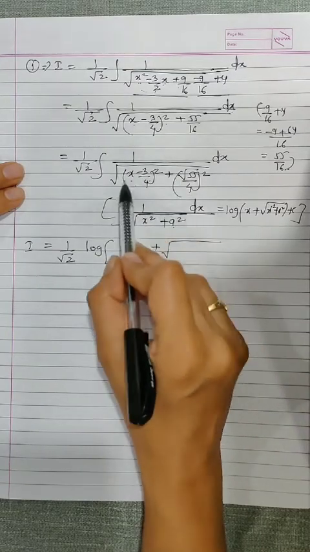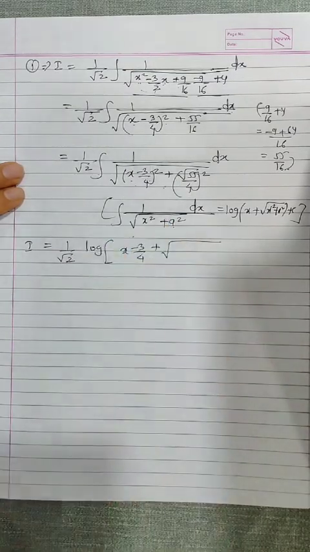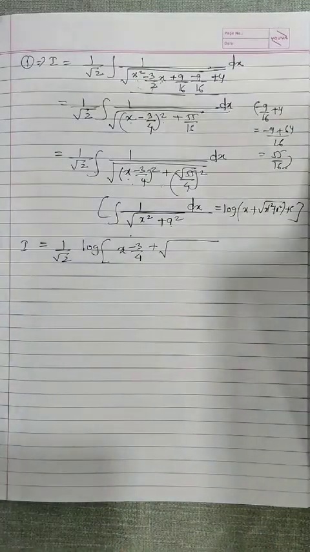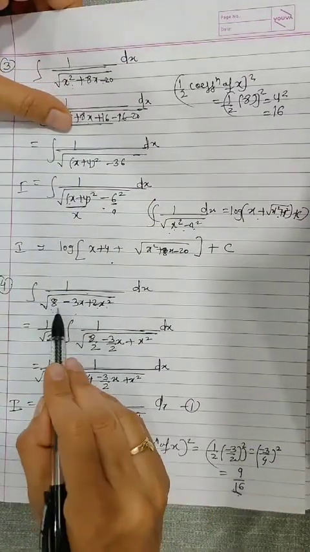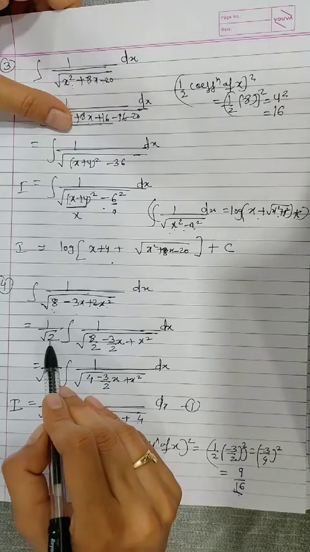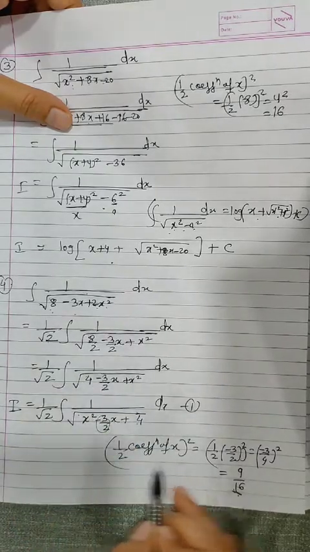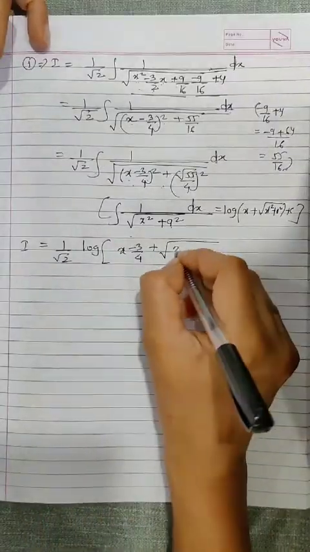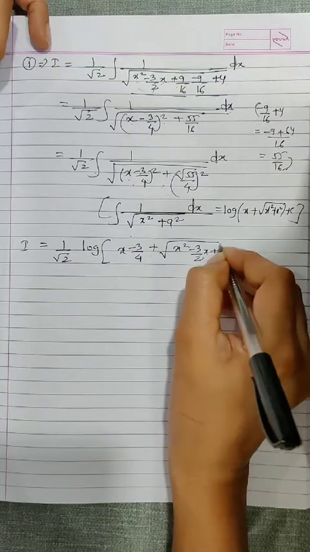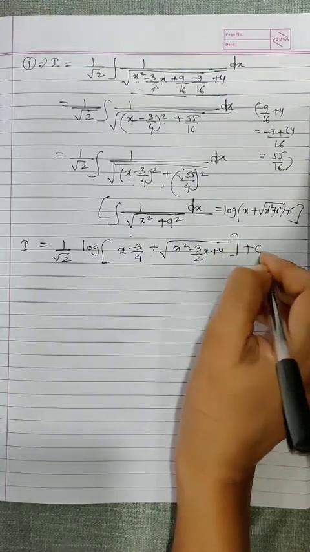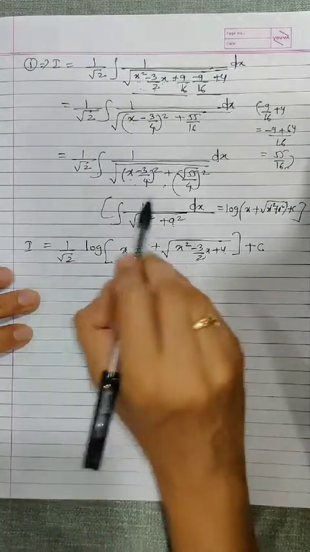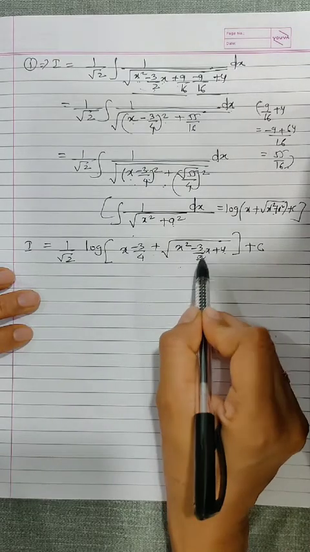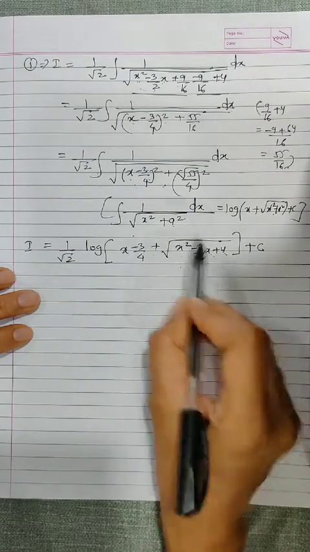x square plus a square means the whole term, and this term comes from which term? Your first, when we had taken out root 2 common. Okay students, we had taken root 2 common from this term, 8 minus 3x plus 2x square. So our term is this one, x square minus 3 by 2x plus 4. This is x square plus a square, and plus c. Actually students, you can put this value also, but when you solve, your term will be the first step, x square minus 3 by 2x plus 4. Therefore directly we can write this down, don't write this one.